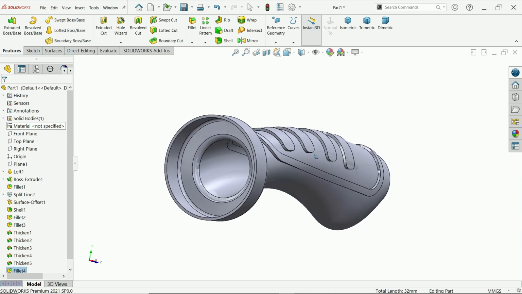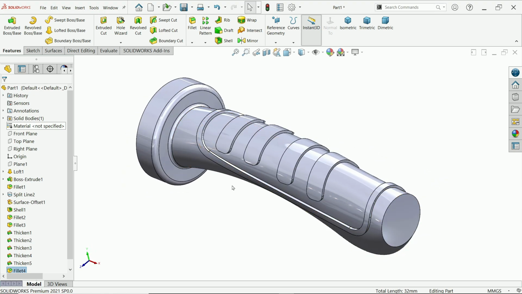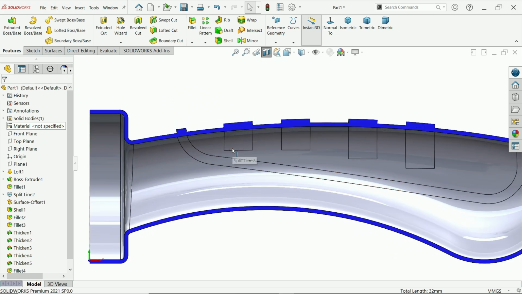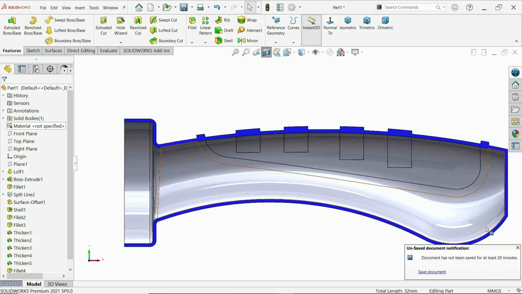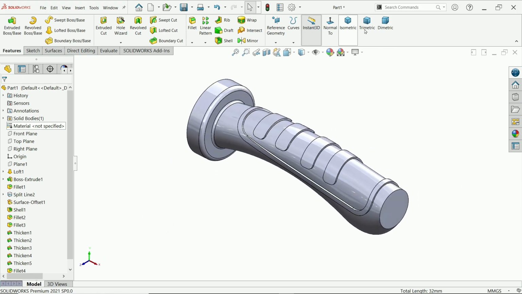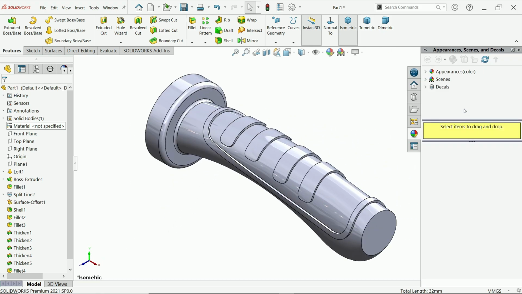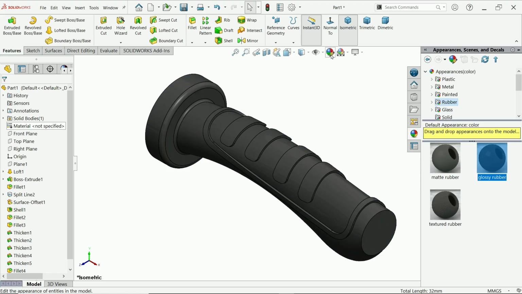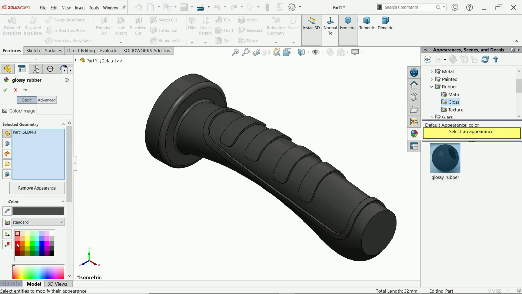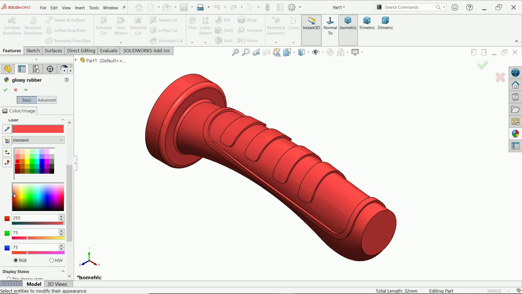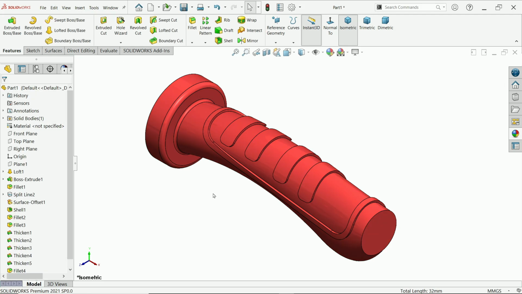Look, our model is ready. If I am going to see section view, say okay, normal view, and look, this is how our look. Now from here you can add material, appearance, rubber, glossy rubber, appearance, let's say I am going to add red or something like this. Say okay. See,